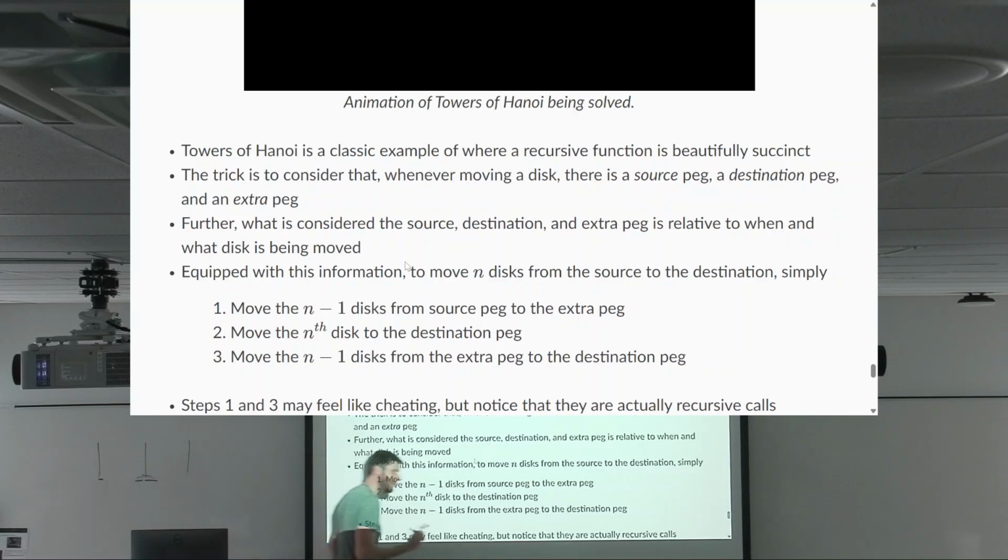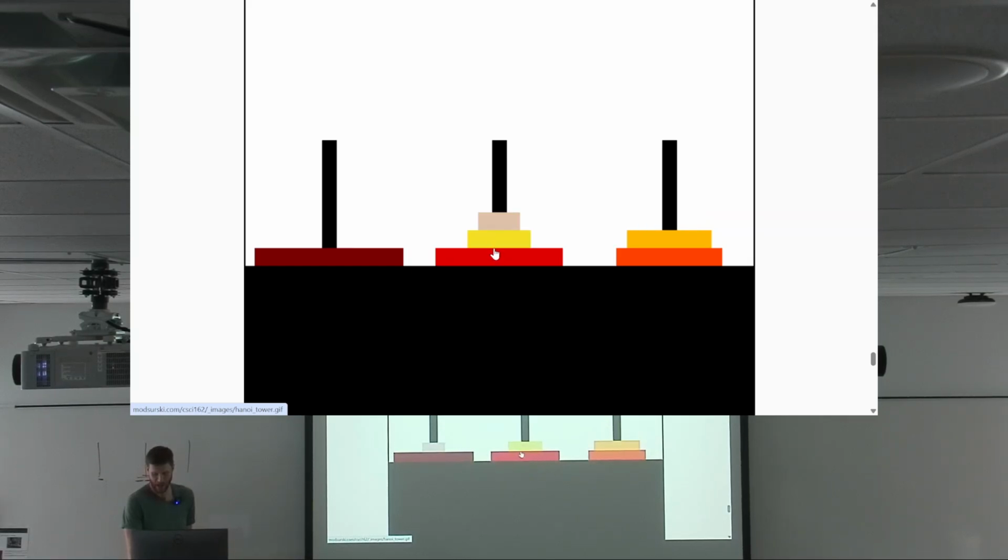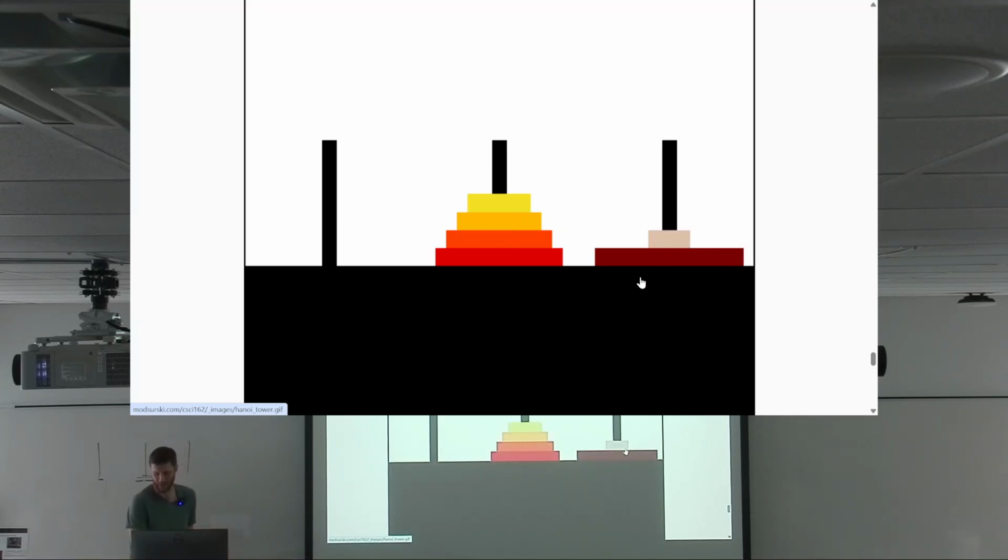Which peg is designated the source, destination, and extra doesn't really matter. What I mean is, right now I want to move all of the disks to this peg. But the end goal is to get them all over here, but at any given time